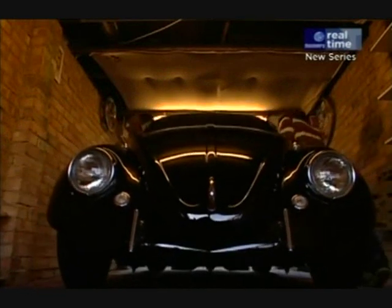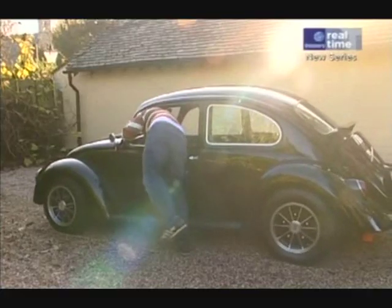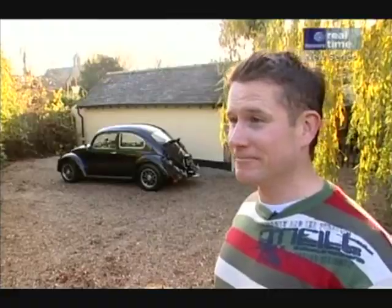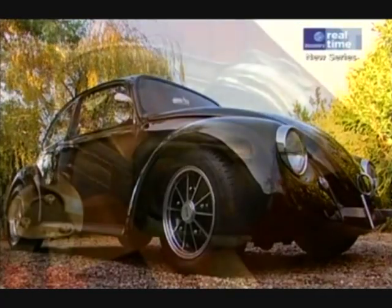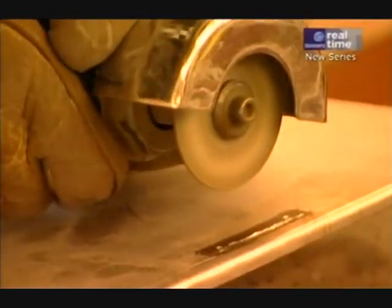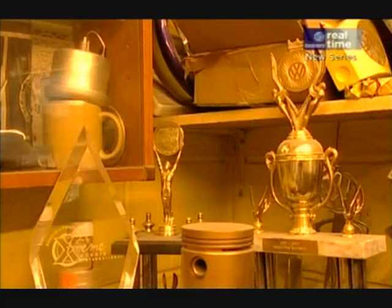For most show car owners, perfection comes at a price. If they haven't got the skills but still want to raise the bar, then first they must raise the cash. Previous owner probably spent about £25,000 to build the car, and since then I've probably spent a further £9,000. Hayden's 1967 Cal Look Bug is one of the best on the show circuit. All the work was done by a professional restorer who's been building show winners for over 18 years and knows what both the owners and the judges demand. Perfection, the VW scene and the cars that